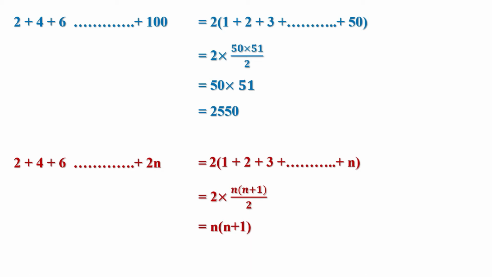Remember one thing, that when we take first n even numbers, n is not the last number or last term, because we are taking only even numbers. In between there are odd numbers. Here n is the number of terms. So we can say sum of first n even numbers is n into n plus 1, that is number of terms, plus 1 more than that. Now using this we can find the sum of odd numbers also.